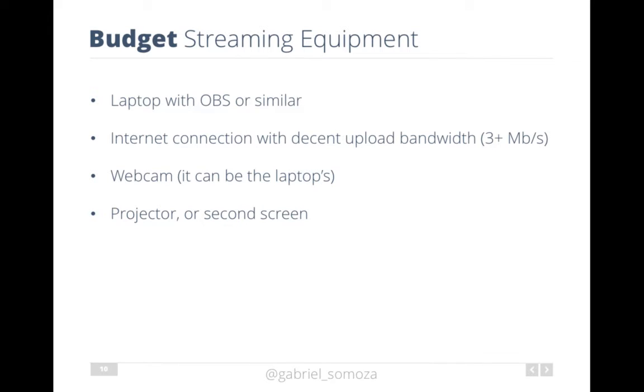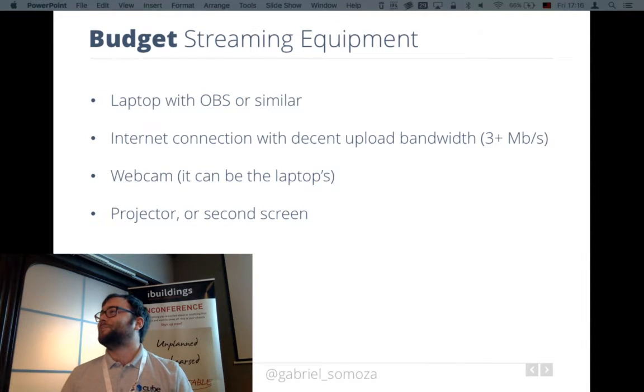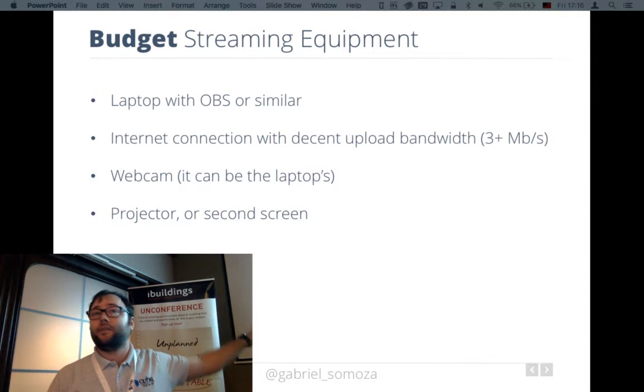A projector or a second screen. There might be software that allows you to simulate a screen if you are not going to do what I'm doing, projecting this here. But the goal is to make the operating system think that there's a second screen, right? So if there's software for that, then great. And the reason you need that second screen is that you can show on it only what you want your viewers to see, right? And so the viewers right now are seeing this image, and embedded on top of that, in the left corner, right now they start seeing my camera feed, okay? You're not going to see it there, but they will.